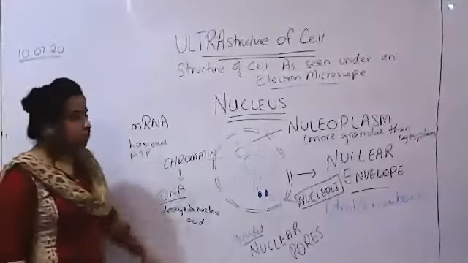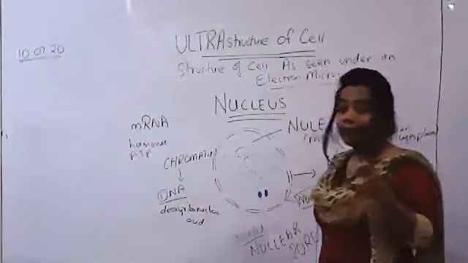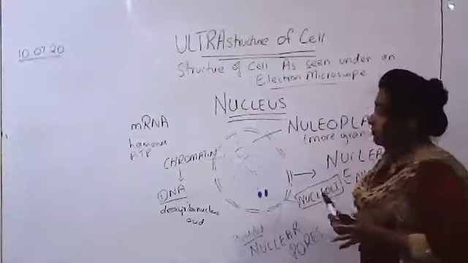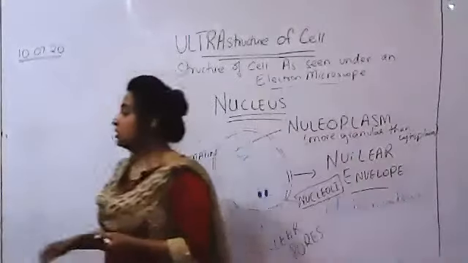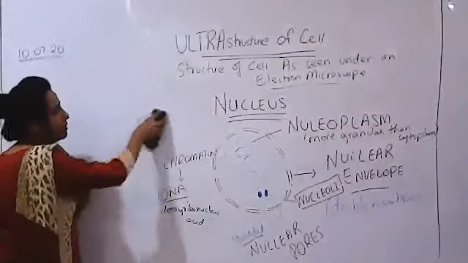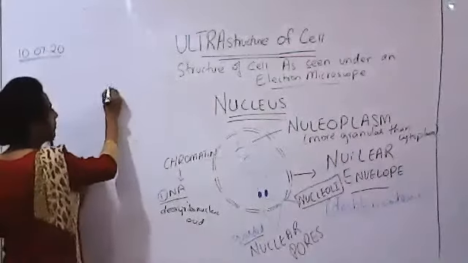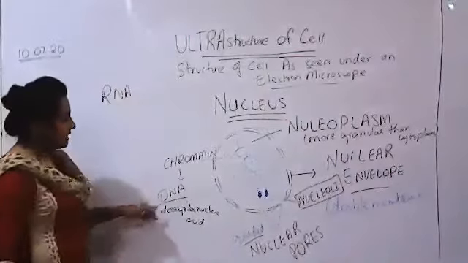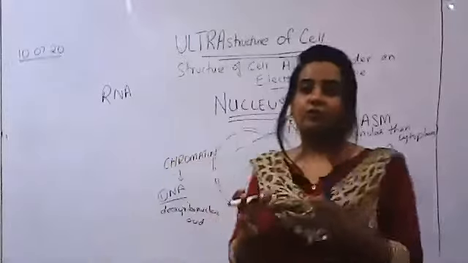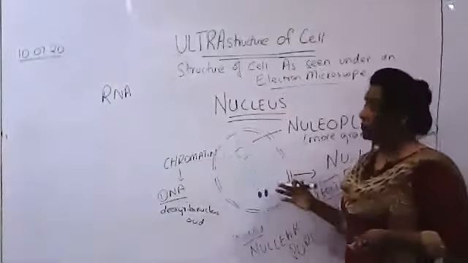Now, I want you to write down one more thing somewhere in your copies. You might not find the details in a combined form in your book, but just for your information here, and because we'll be using these terms over and over again, I would like to elaborate a little on RNA, right? So what is RNA? Just like DNA, RNA is also hereditary material, but DNA is present within the nucleus, right? DNA makes up the chromatin, right? It makes up the chromosomes.